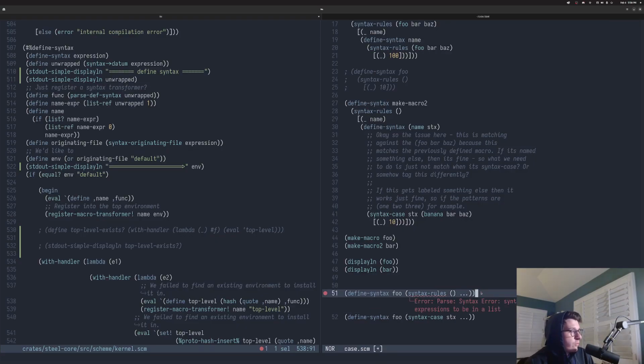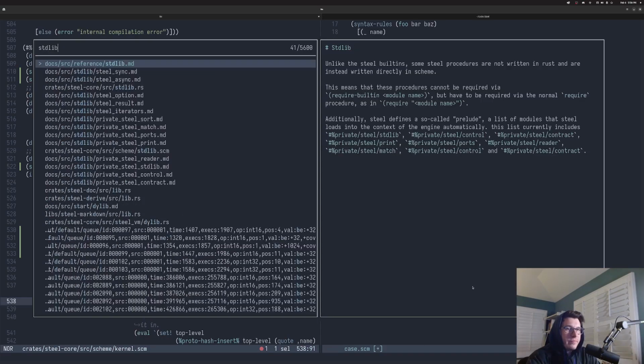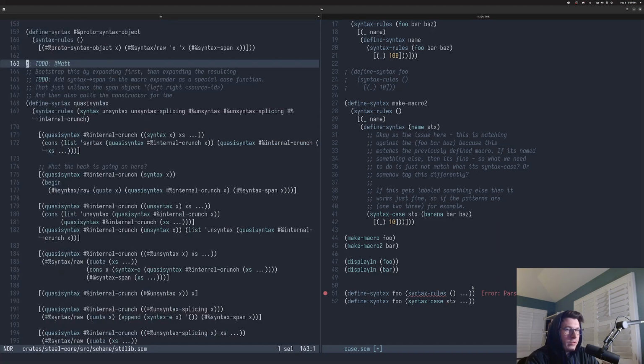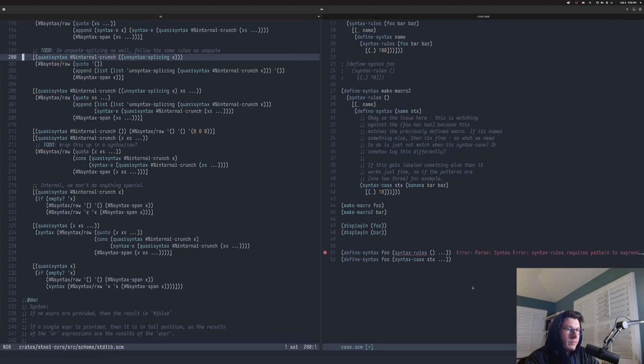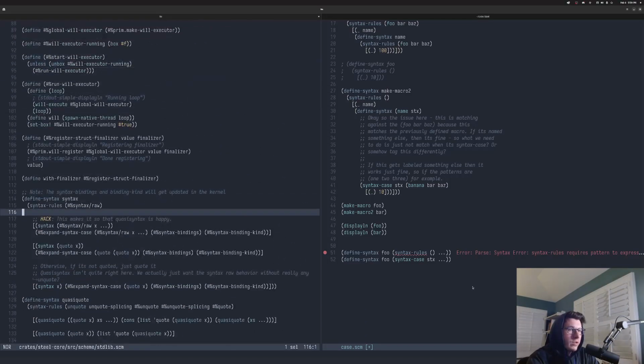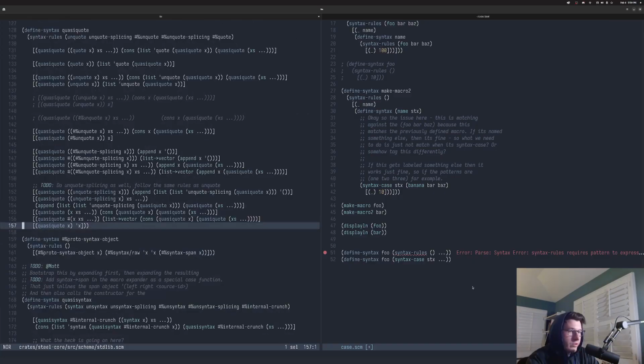And so syntax-rules is just purely pattern matching. So it's syntax in, syntax out, with destructuring and all sorts of stuff, and templating and expansion of all these various things. So you can do lots of cool stuff. A bunch of the core features of Steel are implemented purely in syntax-rules macros. Like quasi-quote,